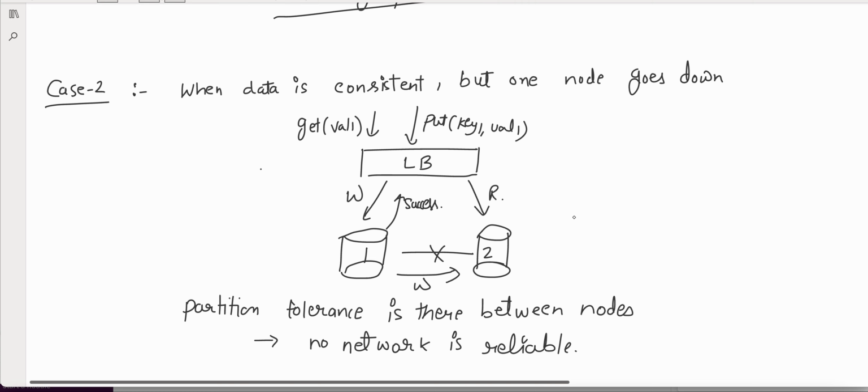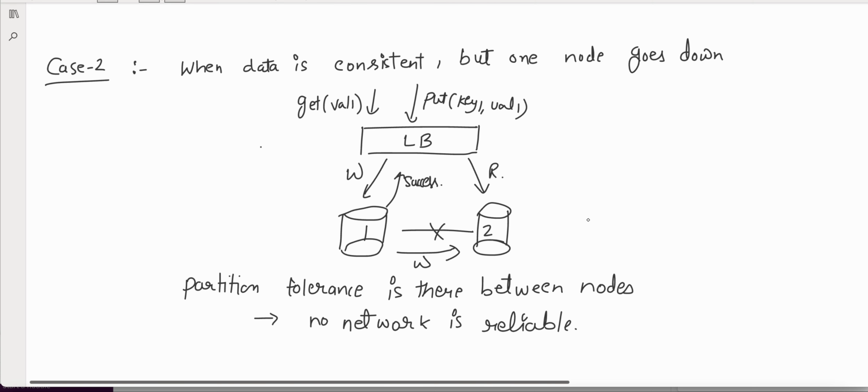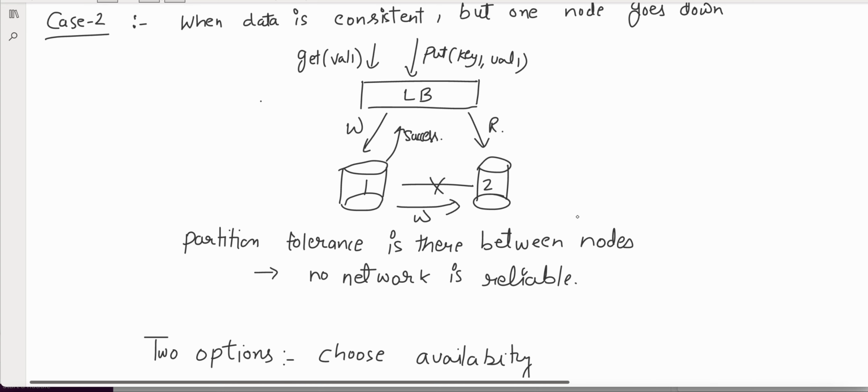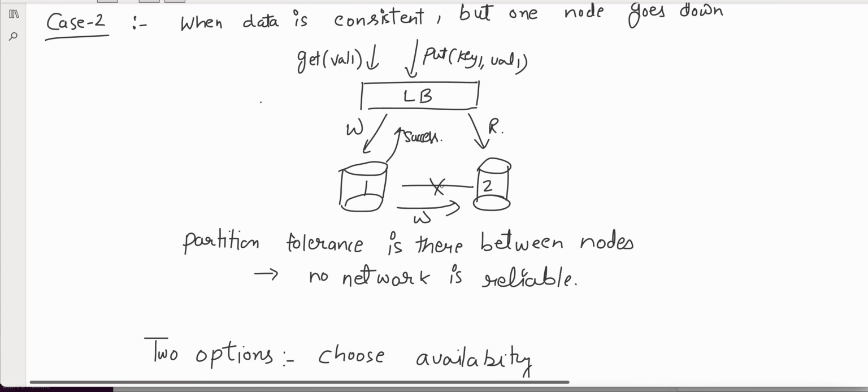Now what is the problem with this solution? You cannot always ensure that whenever a write is coming, node 1 is able to connect to all its subsequent nodes. In this example, there is just one other node, but there could be 100 nodes. So it might happen that it's not able to connect to other nodes because of some network issues, and that is called partition tolerance. In that case, you have two choices, right? Either you write to node 1 and return success,